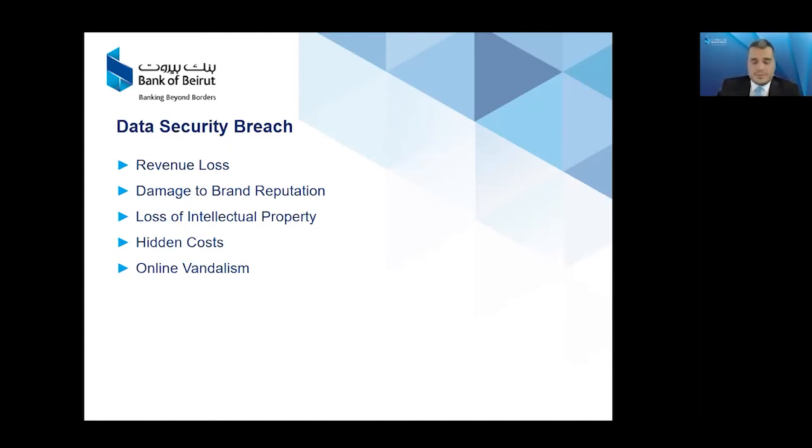ال hidden costs غير ال revenue loss، في عندنا costs بتصير بس يصير في breach ما بينعرف فيها بس هي بتضلها موجوده. رح نعطي examples. في عندنا legal fees، اوكي، يعني بس يصير breach في عندنا اكيد legal fees بدها تنحط، وفي عندنا مصاري بدها تنحط على ال public relations وعلى ال investigations. So investigations كمان بتكلف مصاري، يعني تينعرف كيف صار هالبريتش يمكن نستعين ب external companies that will help us.